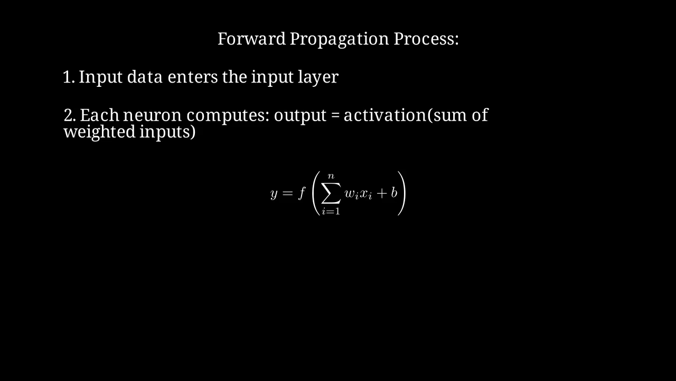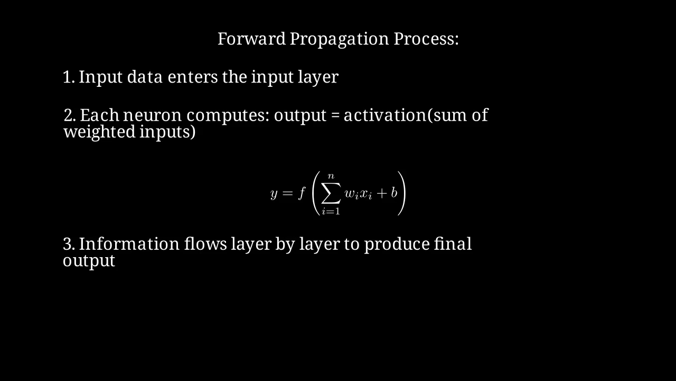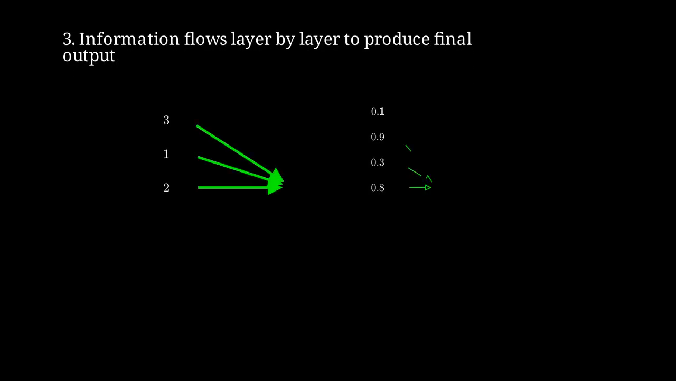Mathematically, this is expressed as y equals f of the sum of weighted inputs plus a bias term. This process continues layer by layer until we reach the final output. Here's an example showing how numerical values flow through the network. Input values 2, 1, and 3 are processed to produce intermediate values in the hidden layer, which finally result in